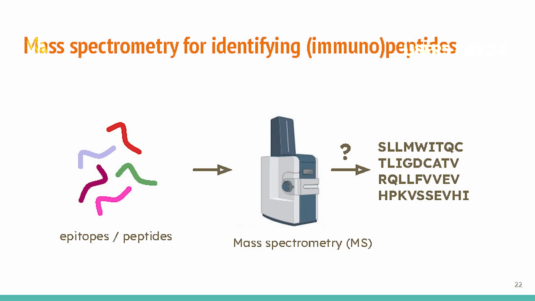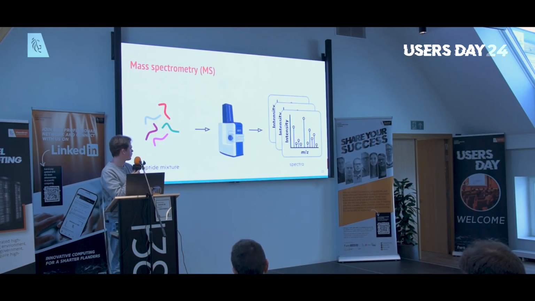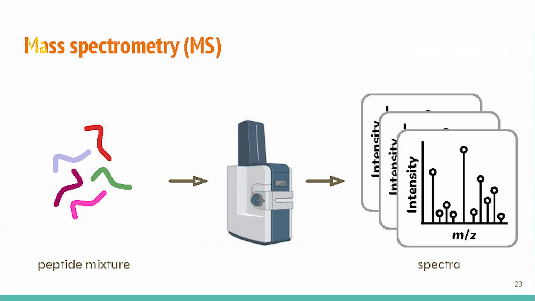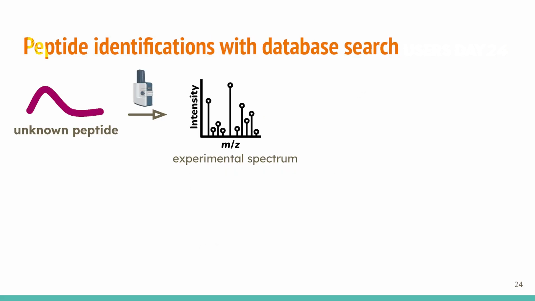So we identify these epitopes with mass spectrometry. In the field of mass spectrometry, we usually call them peptides. From a sample, this can be a blood sample, tissue sample, or other fluid sample, we want to know the sequences of the peptides that were in the sample. But this machine does not immediately output the peptide sequences, it outputs these spectra. And then our goal is to identify the